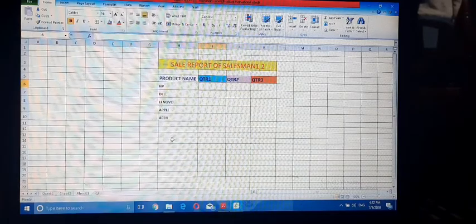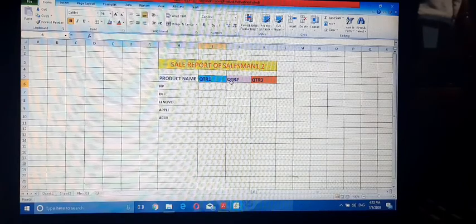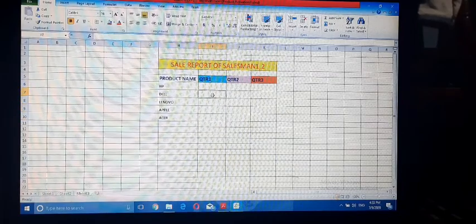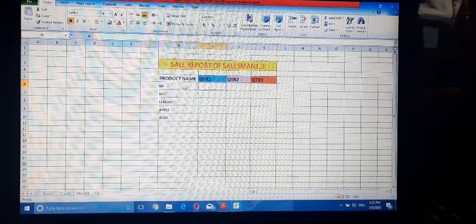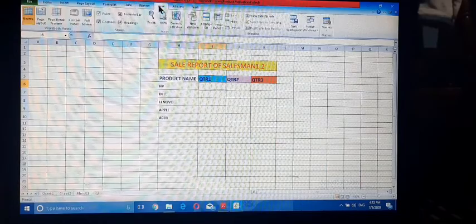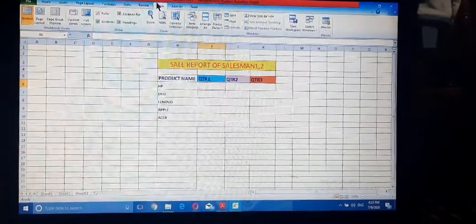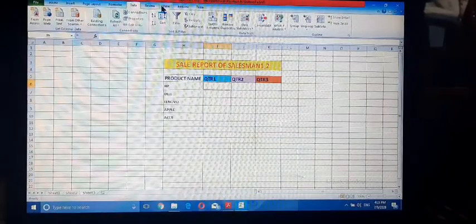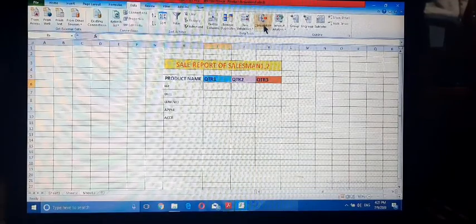So the steps to consolidate data are: click on the cell where you want to consolidate the data. I have clicked on HP quarter 1, then go to the Data tab. Here is the Consolidate button in the Data Tools.